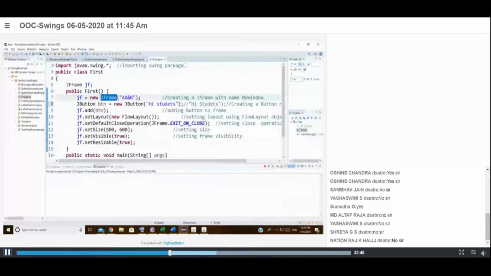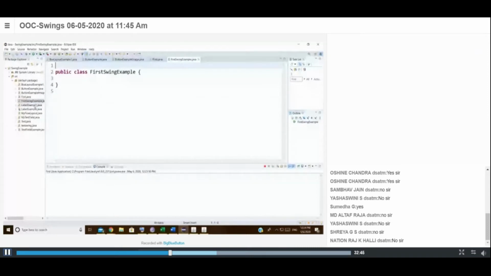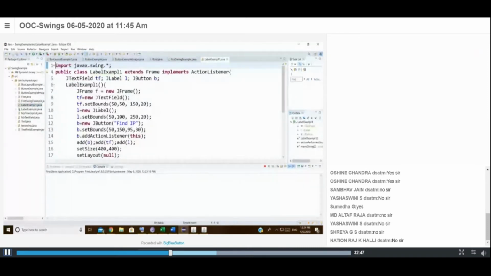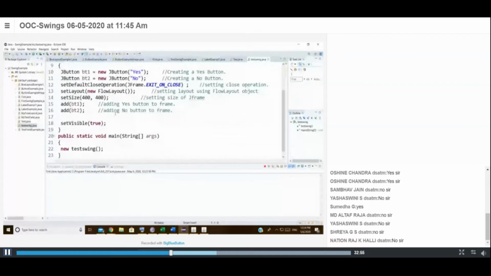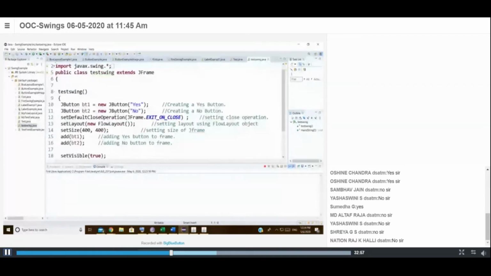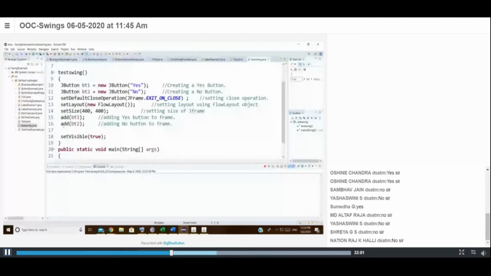Let us go with another example. Okay, this is an example.